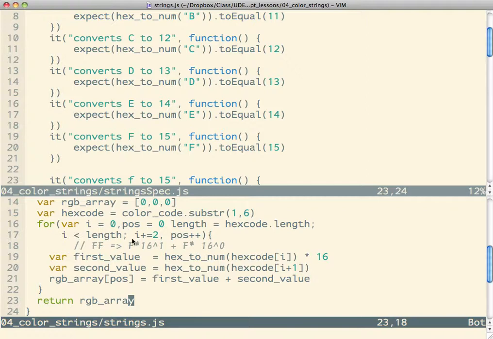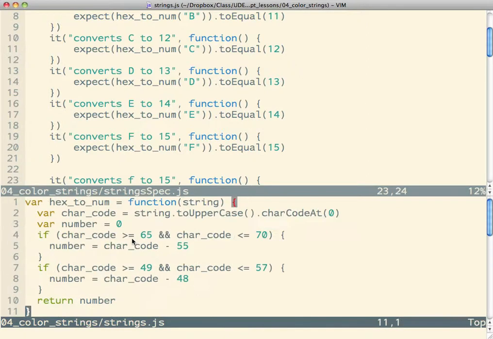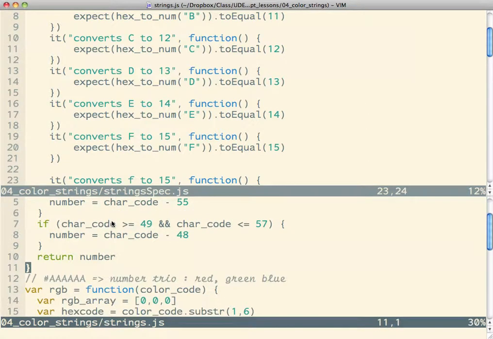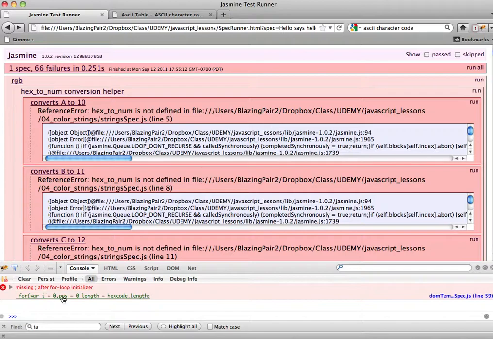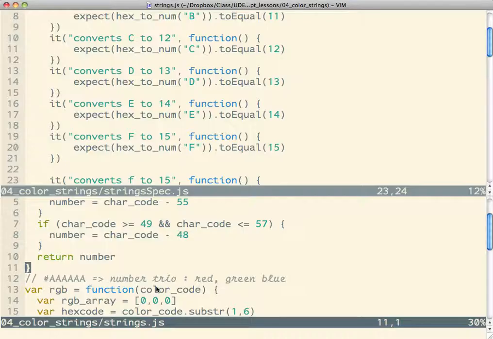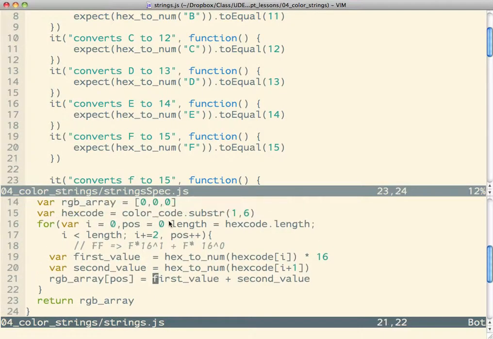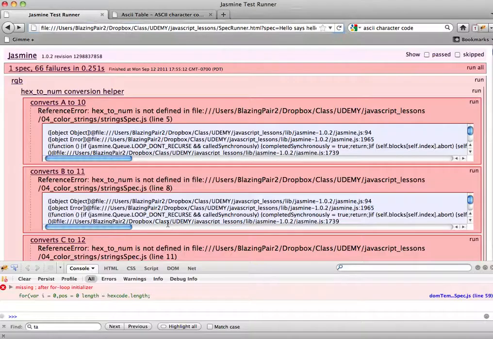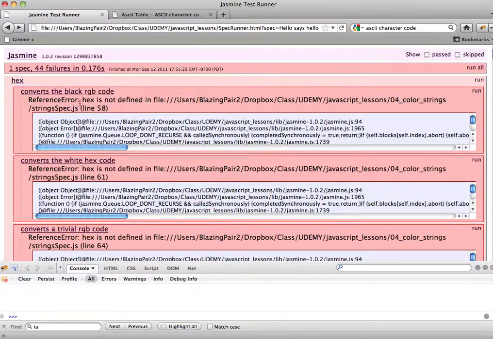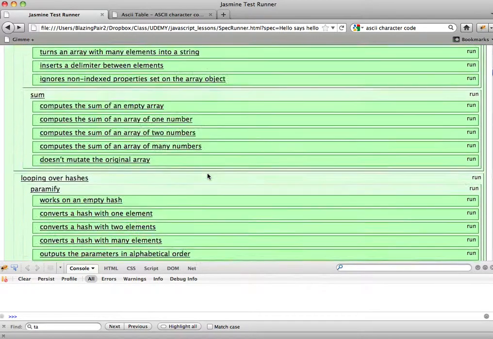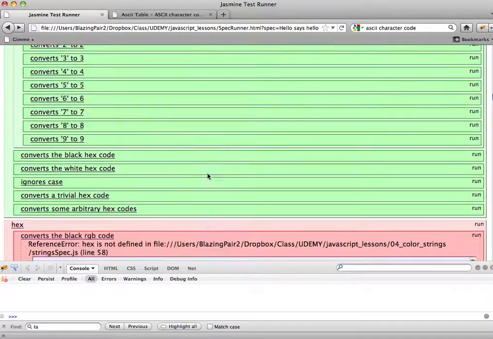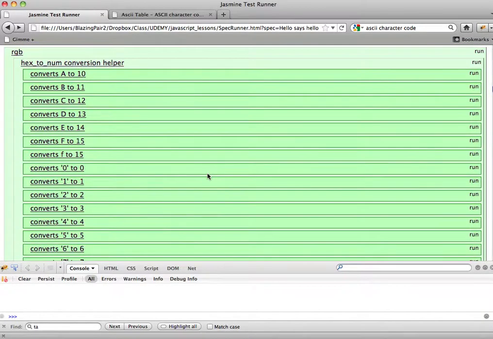Blah, explodes. Hex to num is undefined. So what? Oh, missing semicolon after. Oh, I forgot a comma. There we go. Syntax error. There we go. It passed. So I've written my little homebrew hex converter, which I don't recommend because the one that's built in